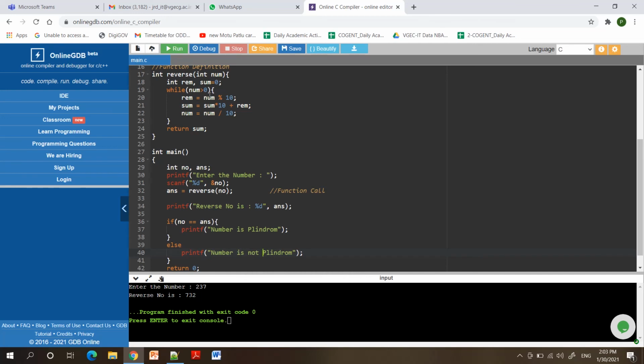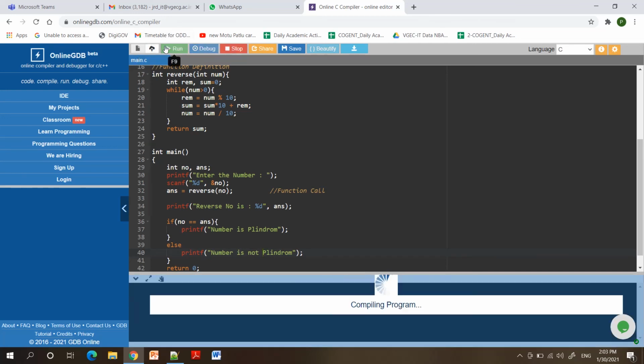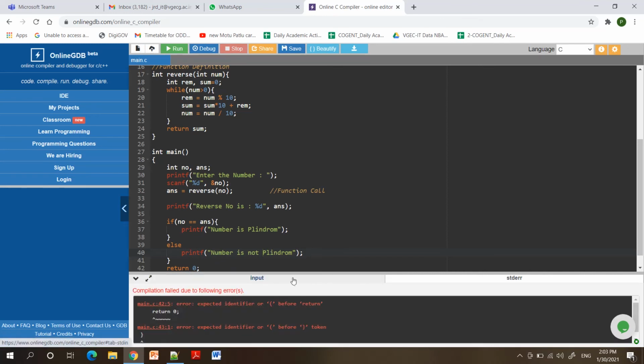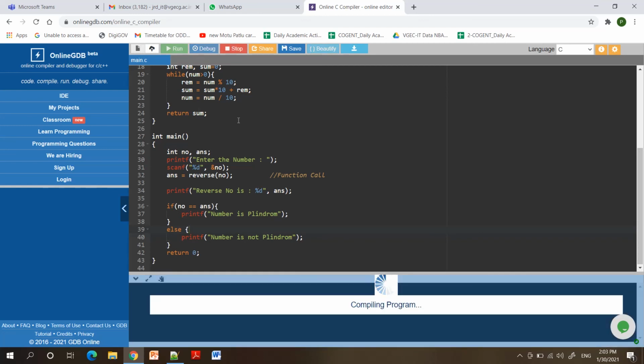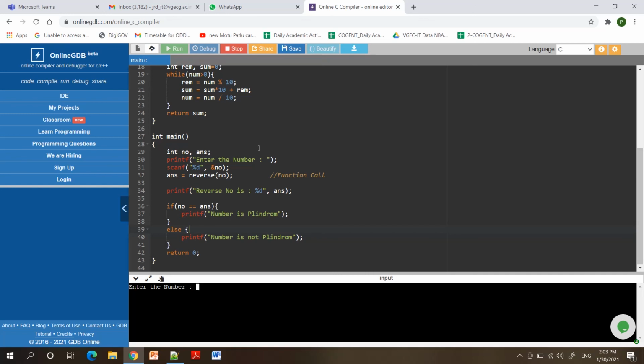Okay, so now if I execute this code, okay, fine, one of the brackets was left out, so I'm entering a number 121.